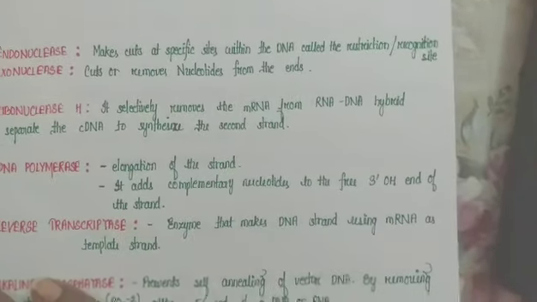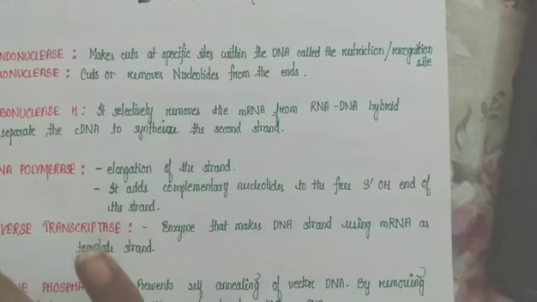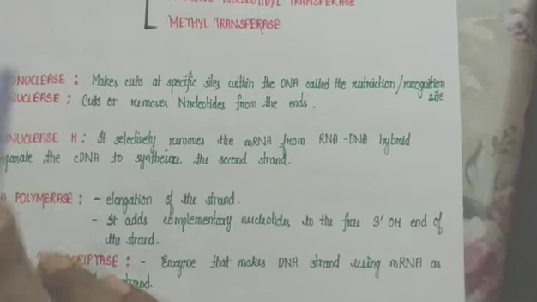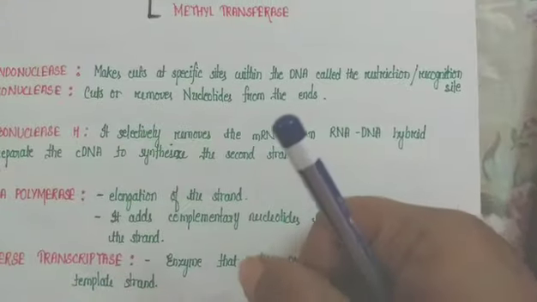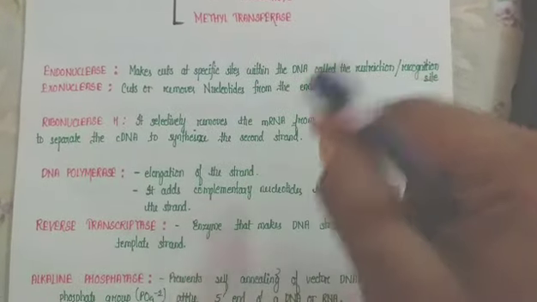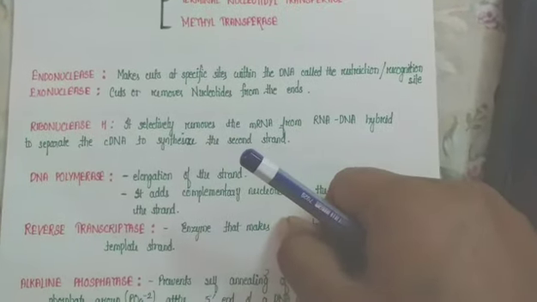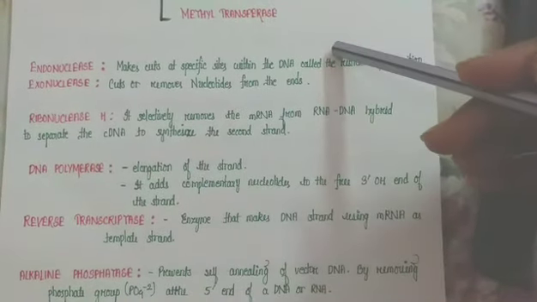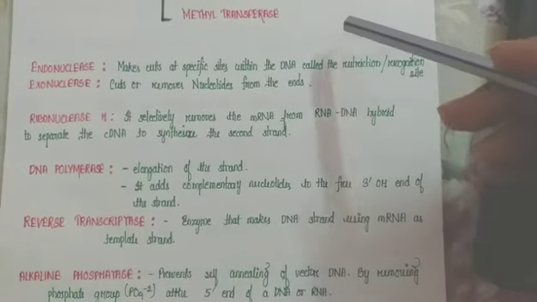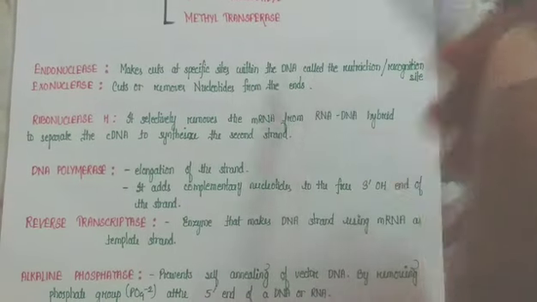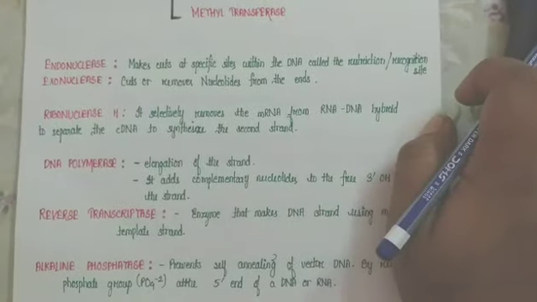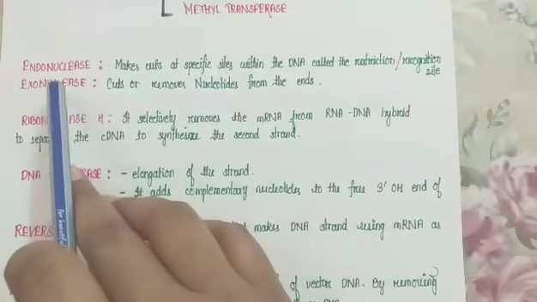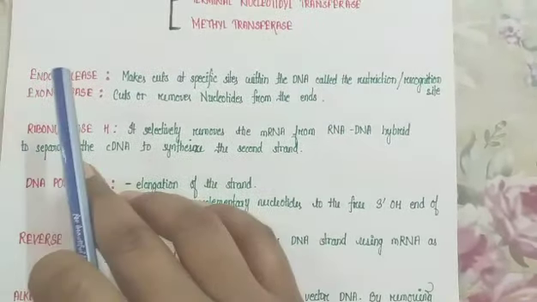Actually, the restriction enzymes have the characteristic of cutting at a particular site. So when it comes to restriction endonucleases, we make use of them when we have to cut the DNA not from the ends of it but at a particular site within the DNA molecule.